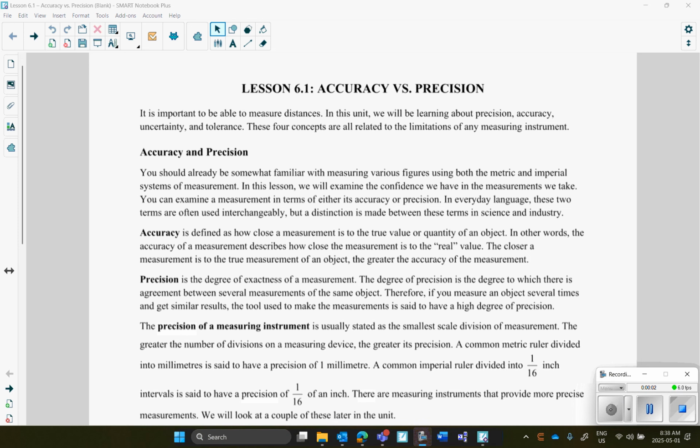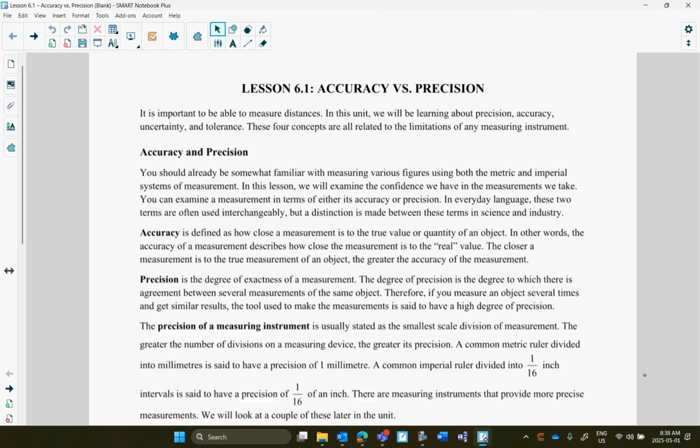So in this unit, we are going to talk about measurement and some specific terms related to measurement. I'm sure you are familiar with how to measure the lengths of objects using rulers, perhaps in metric as well as imperial units such as inches. But what we really want to look at in this unit is how confident are we in the measurements that